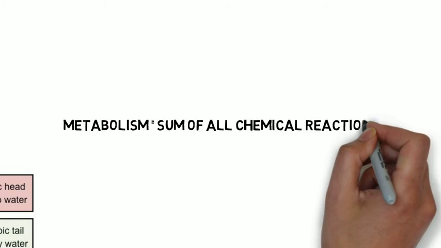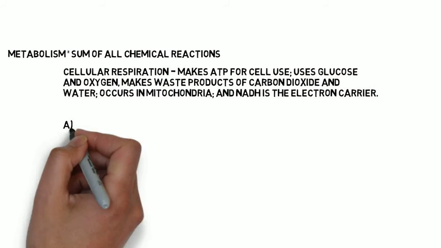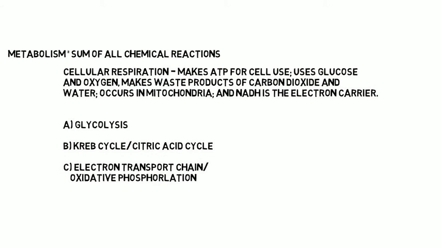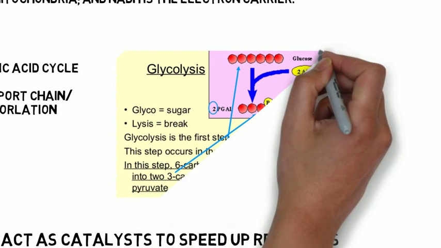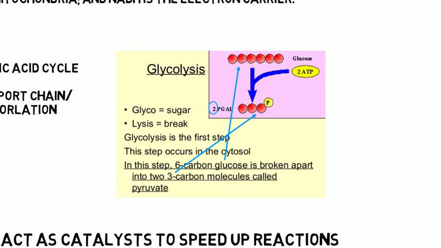Cellular respiration makes ATP for cell use, uses glucose and oxygen, makes waste products of carbon dioxide and water, occurs in mitochondria, and NADH is the electron carrier used. The first type of cellular respiration is glycolysis. Glycolysis occurs in the cytoplasm and is anaerobic. It rearranges the bonds in glucose molecules, releasing free energy to form ATP from ADP through substrate-level phosphorylation,